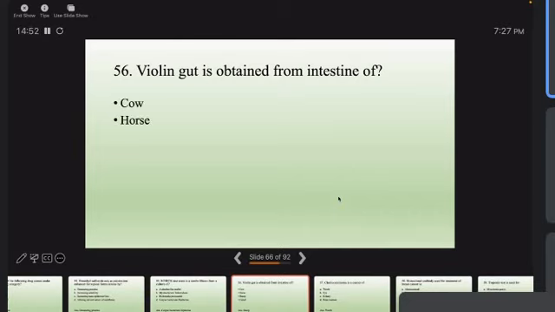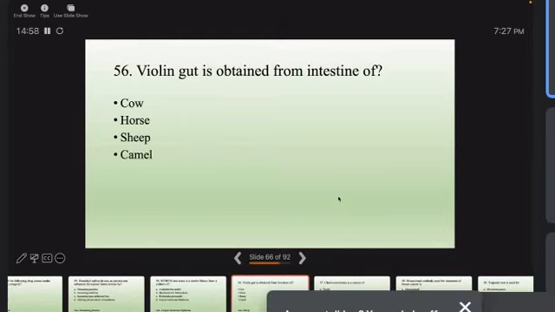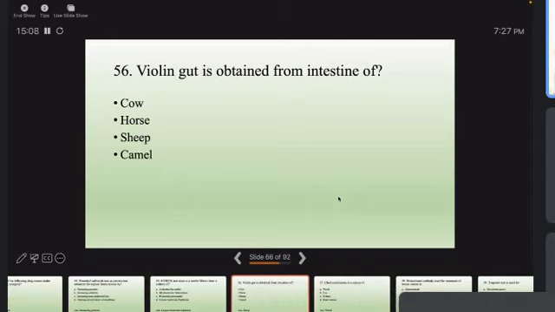Cow, horse, sheep, camel. Your answers, please. Sheep. Okay. Any other answers? Cow. Okay, I'll give you the answer. The answer is sheep. The intestine of the sheep is taken and made into thinner strings